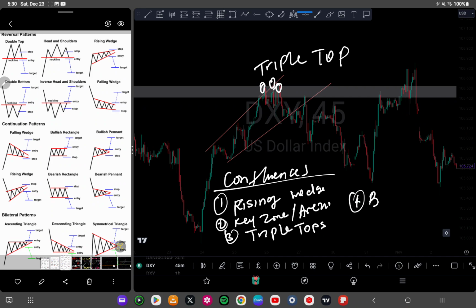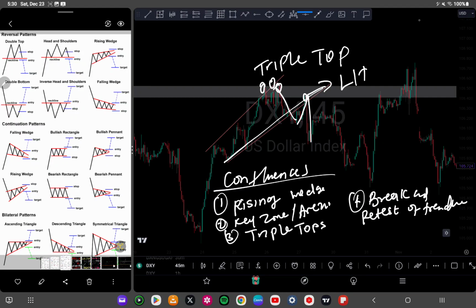Four, we had the break and retest of trend line, which we see right here. Break here, came here, break here, retest this trend line right here to give us the lower high and tank to the downside. So if we take the trade right around here,